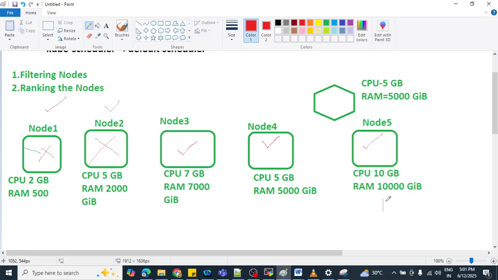So we can give rank one to that particular node, and going forward for node 4, this is very much accurate. That is also not good. For this one, let's give number 2, and let's give number 3 in ranking.